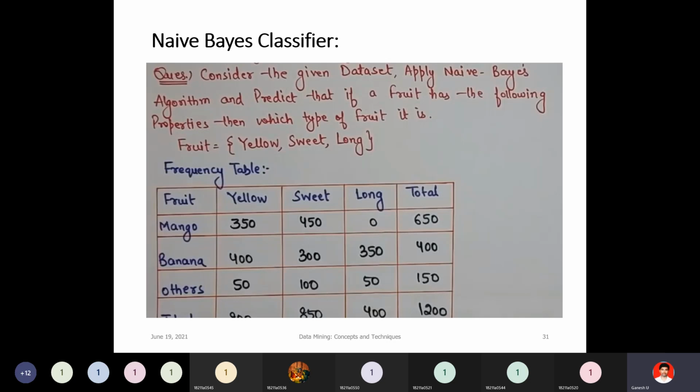What we have to find out: if we randomly take a fruit, what is the probability that it is yellow, sweet, long? Three constraints should be satisfied. What is the fruit? It is either a mango or a banana or another fruit. The fruit should satisfy the three cases: yellow, sweet,